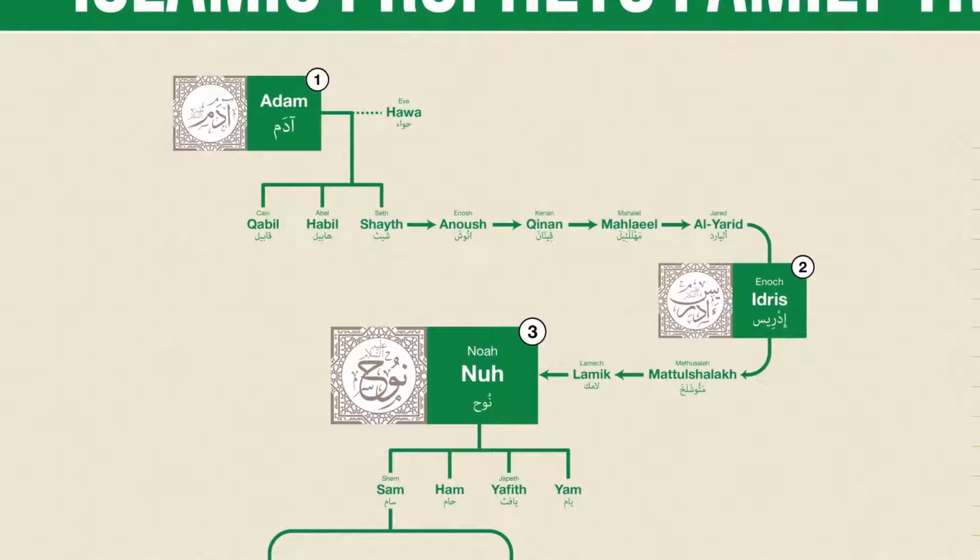Like the biblical family tree, the Islamic version starts with Adam and Eve, the first man and first woman, although in Islam, Eve is usually called Hawa. Another major difference that I should point out is the fact that the 25 individuals highlighted on the Islamic chart are all considered to be prophets, whereas on the biblical chart, the word prophet is only used for certain individuals, such as Moses or Elijah. So for example, in Islam, Adam is seen as being a prophet, whereas in Judaism and Christianity, he is not.